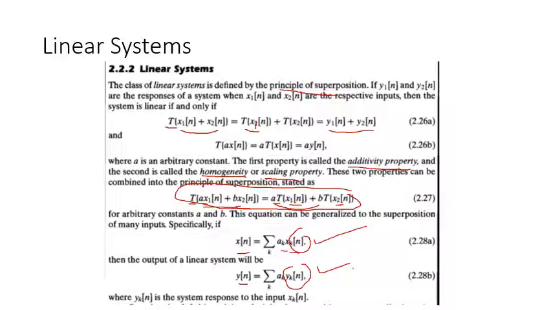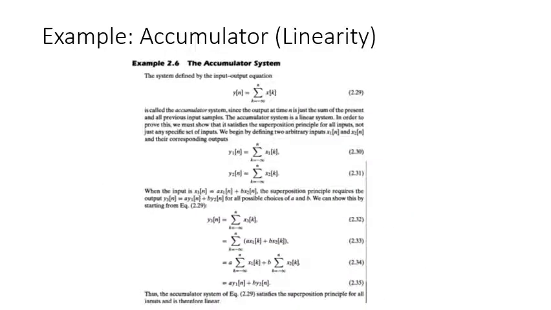Now we will consider an example. Let's see how it works. Here we have an accumulator system. So what does an accumulator system do? It basically adds all the values from minus infinity to n. So for example, we have a signal